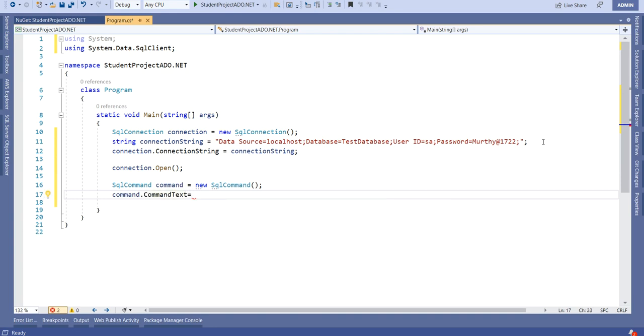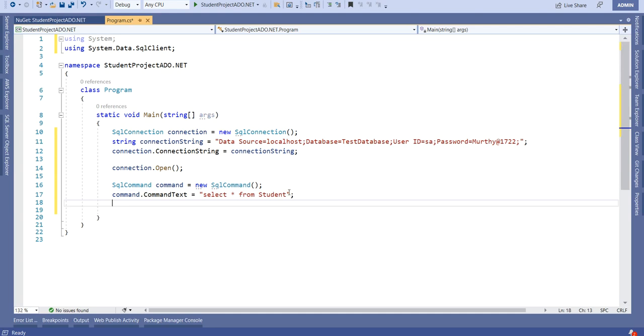Using the property command text, we need to set the query that we want to execute. So I want to execute this query, select star from student, this student table, right? Star means all columns. We retrieve all columns, semicolon.